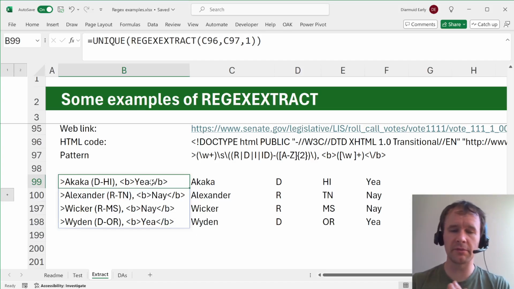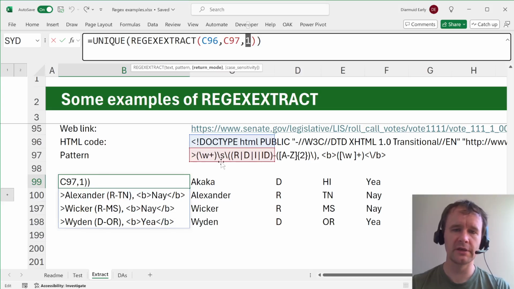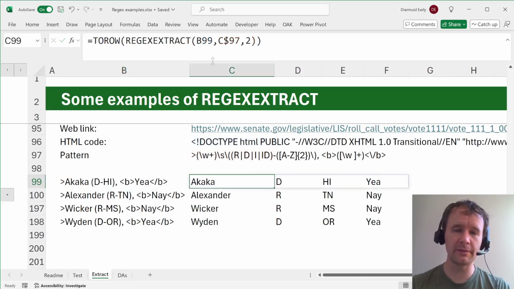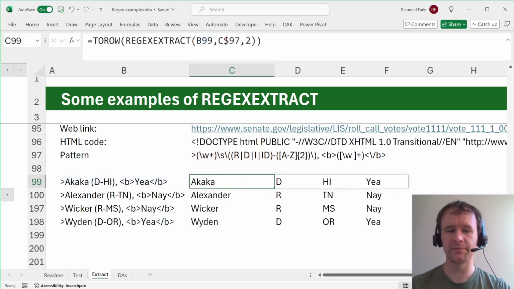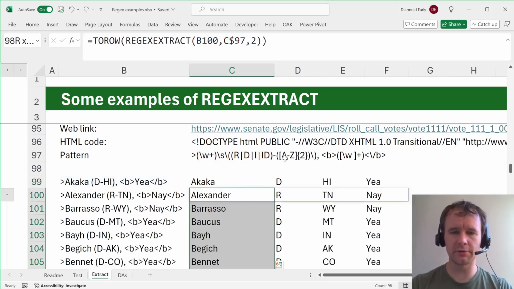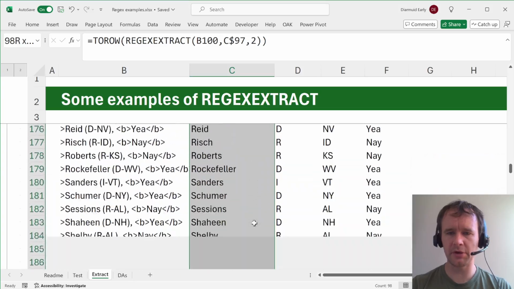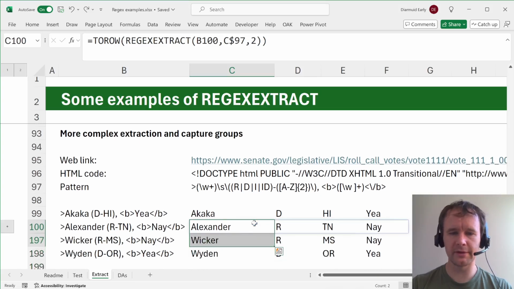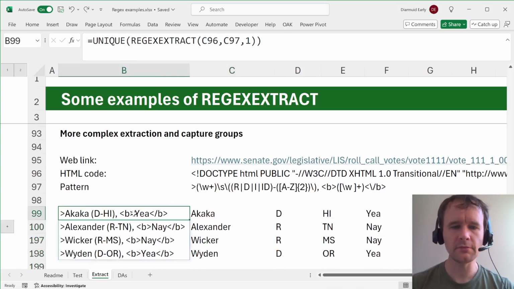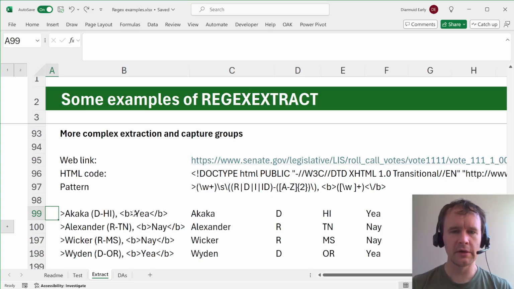Still beta, maybe there will be later, but what you can do instead is first you can extract all the matches using this pattern, and then using the same pattern again, you can point it to each one of those and say, give me all the capture groups within that match. So I've hidden most of the rows just to spare you, but you can see that gives you all 100 votes.